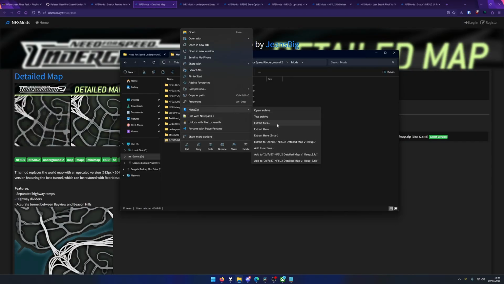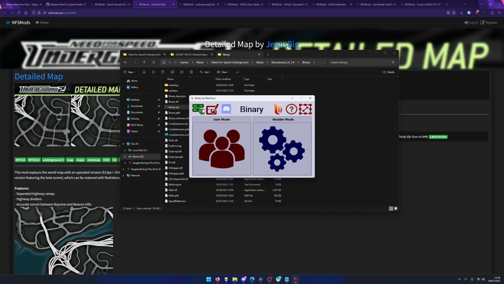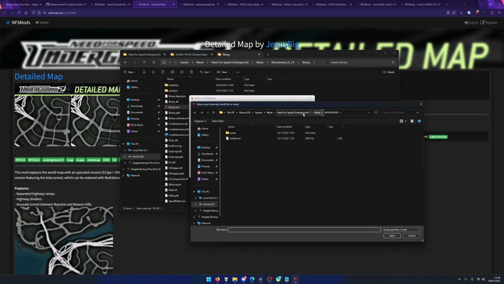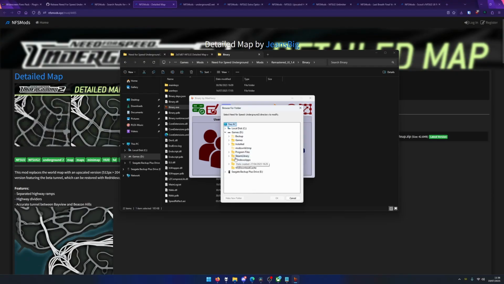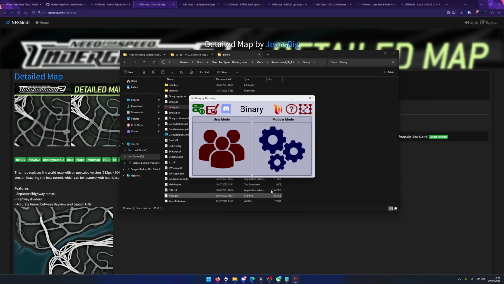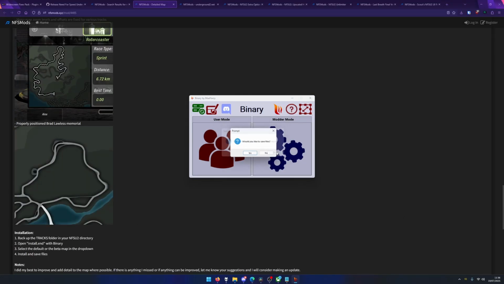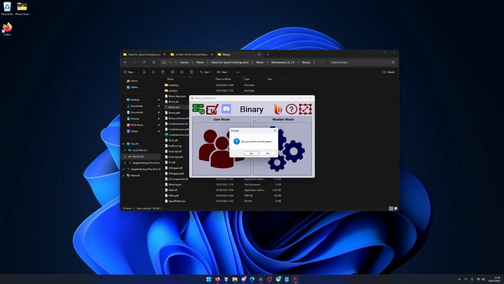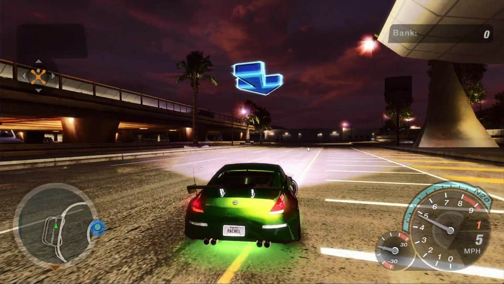Again, go ahead and extract it. I'm going to extract here smart so it keeps it in a folder. So Binary, go ahead again, user mode. This time we go back into mods for Need for Speed Underground 2, detailed map, choose the install.end file. Again, go to your games, find the installed folder for Underground 2. Hit OK. Save files, yep. Okay, and as you can see, that minimap is so much more crisp and clear and modern,